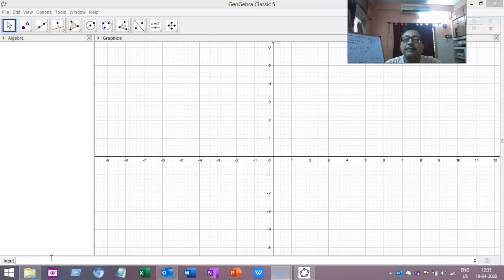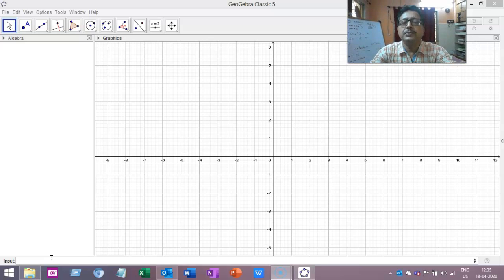the graph of the inverse of a function is the reflection of the original function about the line y equal to x. This probably you have studied, you have solved sums based on it also, that when a function y equal to f(x) is given, if we express x in terms of y, then the inverse function we can find. We have solved many sums based on it.